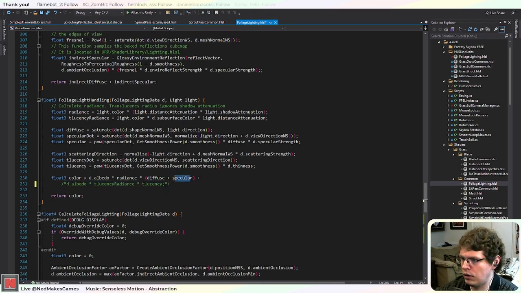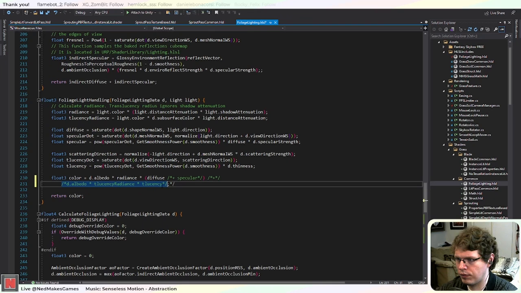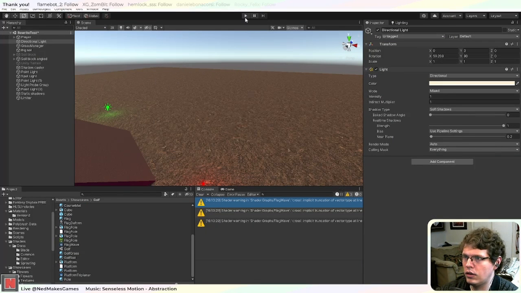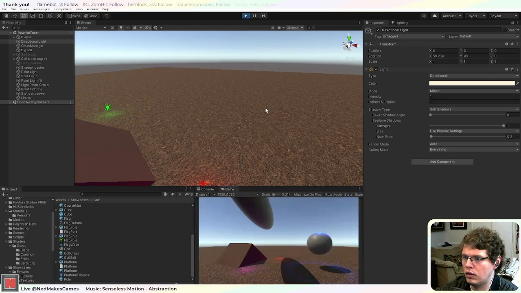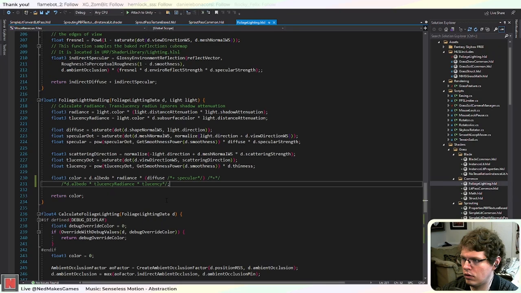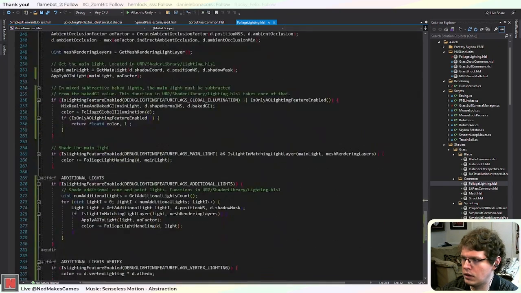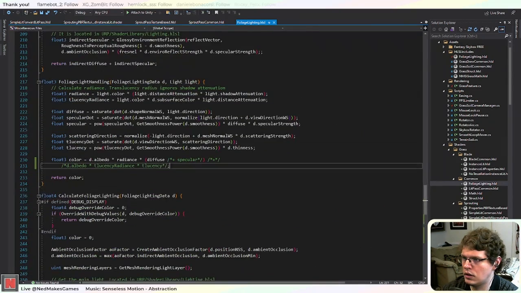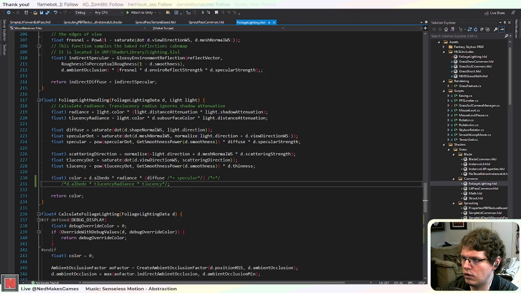Let's take some of these terms out and see if one specific thing is causing the bug. Okay, I think that will work. Okay, no, it's something in the diffuse. Okay, so diffuse